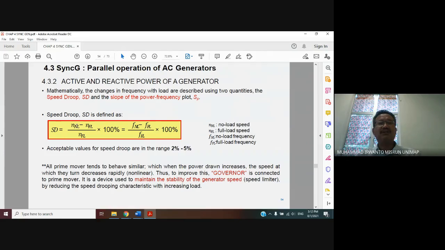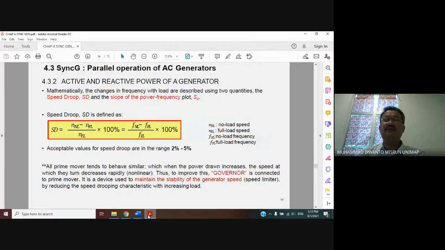Speed drop equals no load speed minus full load speed, divided by full load speed, multiplied by 100%. We want to write it as a percentage, because remember, you are following the relationship